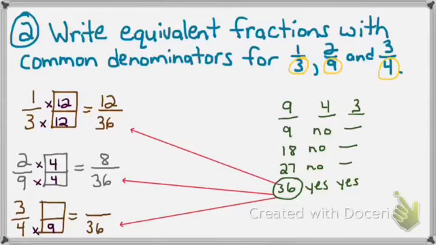Whatever I do in the bottom of the window box, I must do on the top of the window box, so I have to put a times 9. And what's 3 times 9? 27. So 3/4 is equivalent to